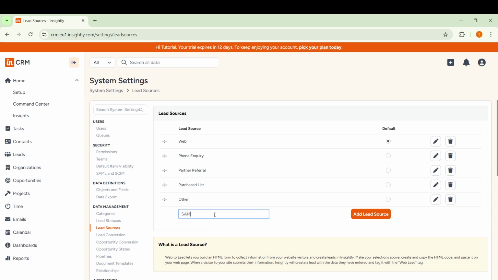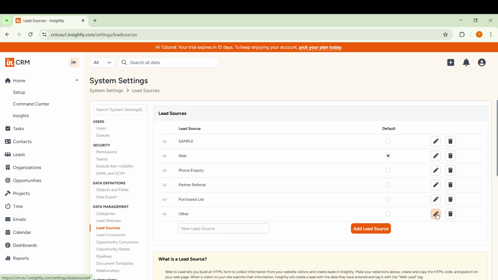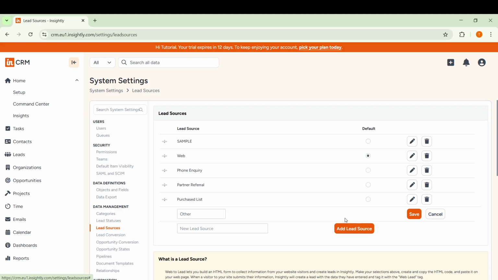Now locate the specific source you want to update. To the right of that source, click the pencil icon. The pencil icon is the edit option, and it will allow you to change the information tied to that source. Once you are in edit mode, update the name if the label needs to be clearer or more accurate. You can also change the rating value if you want the source to carry more or less weight in your